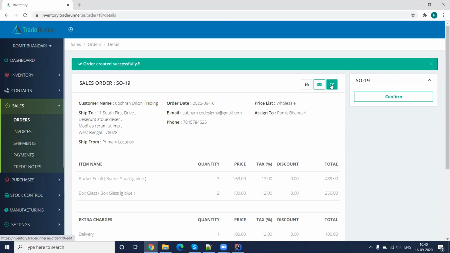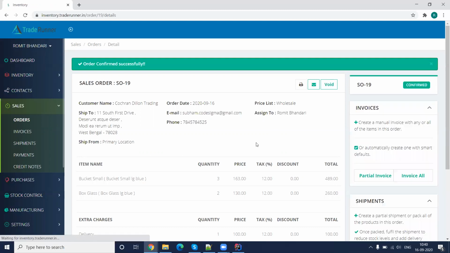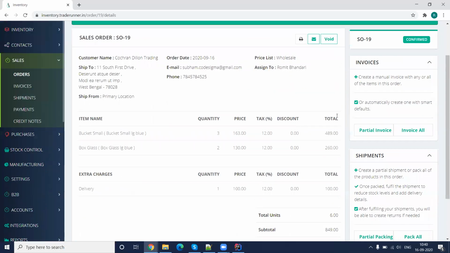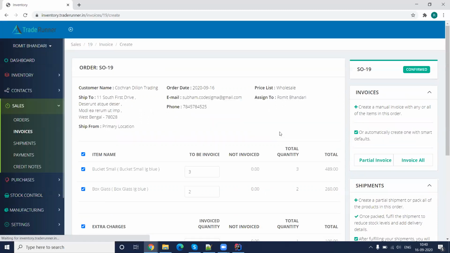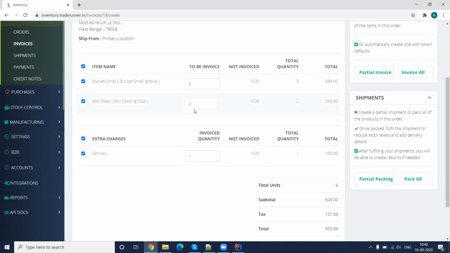So once you submit the order, there are two things you can do. Basically, either you can edit it if some wrong item or some wrong quantity is given, or you can confirm it. After confirmation, you would see the option of creating invoices on this order. So either you can create a single invoice for the whole order, or you can divide this order into multiple invoices, which could be the case sometimes